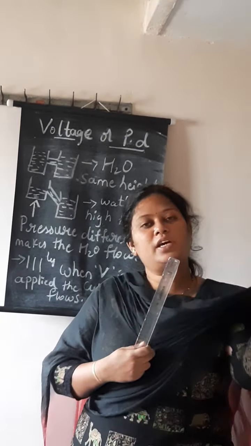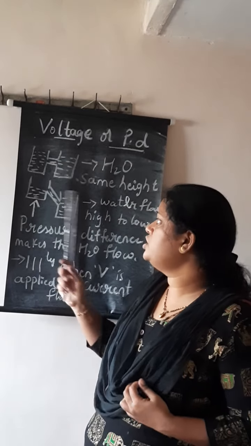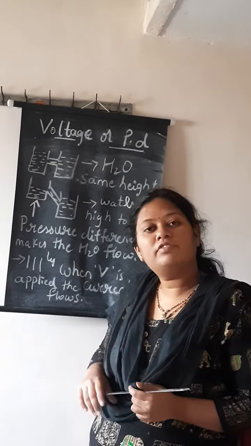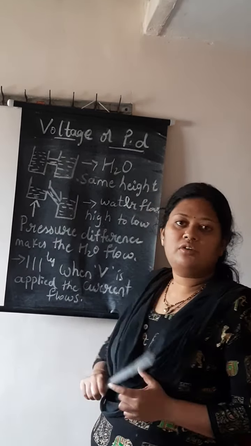Similarly, when voltage is applied, only when a potential difference or voltage difference is present does the current flow. How is this voltage difference or potential difference provided in the case of current? We understood that a voltage or potential difference should be present for the current to flow. How is it possible? You have all seen a battery, isn't it? It has positive and negative.